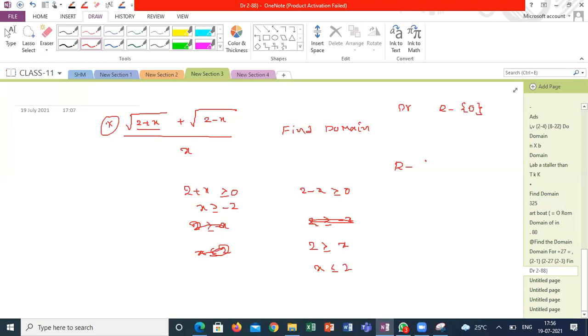So how can I write here? So we can write minus 2 to 0 union 0 to 2, minus 2 to 2. I can write like this. Is it wrong? Yes, it is wrong. Why is it wrong? If x value is greater than 2, it won't work. The x value should be less than 2 and greater than minus 2. So it is in between minus 2 to 2, minus 0, or minus 2 to 0 union 0 to 2. Yes, sir. Anything is same.